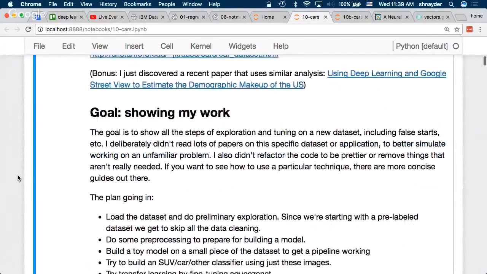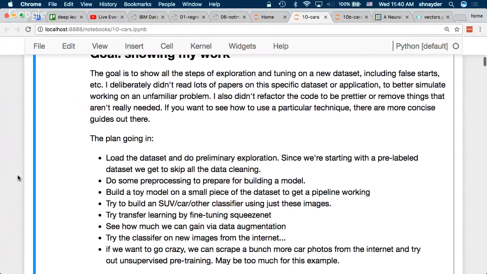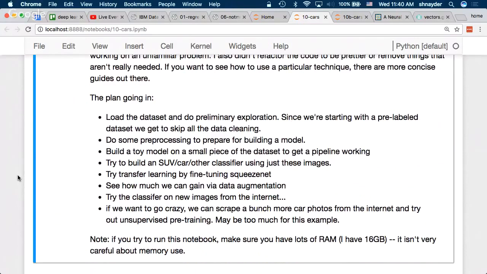I'm going to run through the code fairly quickly because I deliberately left in some of my mistakes, where I tried to do something and it didn't seem to be very useful, because the idea is to give a sense of how this actually feels when you're exploring a new data set, and not just show you the straight path to a solution. So basically the plan was: get the data, take a look at it, understand what's in there, build a really small model first, just to get all my code working and see if there's any hope.